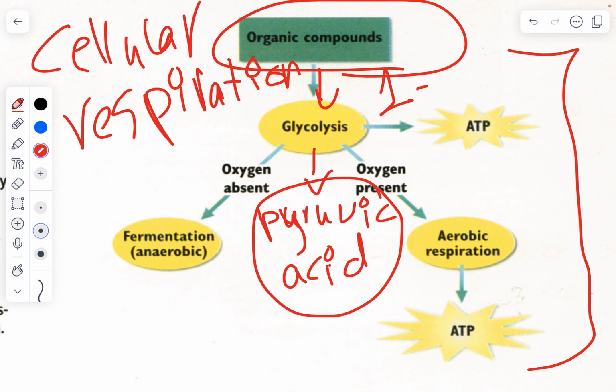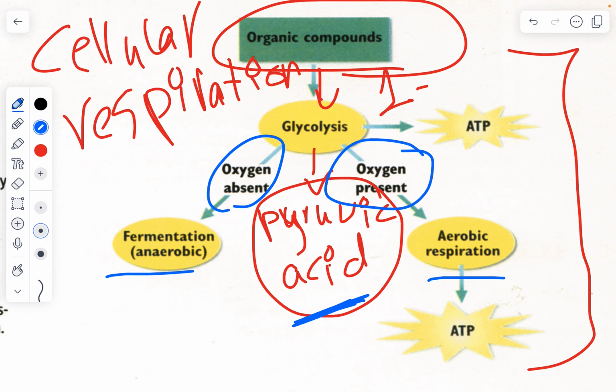But here in glycolysis, the reaction ends, which is glycolysis end, and there is pyruvic acid. This pyruvic acid cannot start any of these two reactions, either anaerobic or aerobic respiration. Instead, it will look at the environment of the cell. Inside of the environment, we have many factors, but pyruvic acid will look at the environment and search for